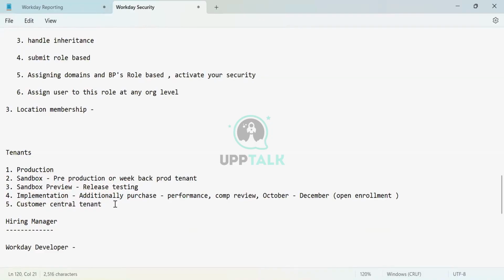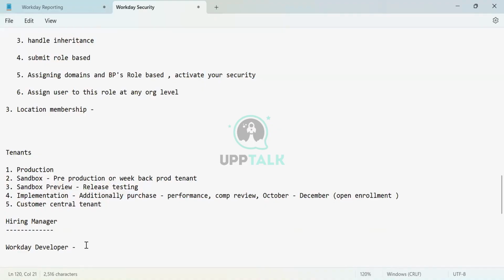once the job profile is created, they will attach that job profile to the position. Every supervisor organization will have members who are part of it, and they report to the manager who is managing that supervisor organization. There will be a position in the supervisor organization, and once an employee fills that position, they become a member of the supervisor organization. Now, when you get a job description for your requirement, the Workday team will be creating a position, or the